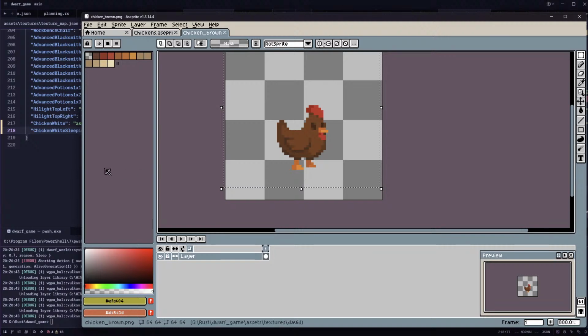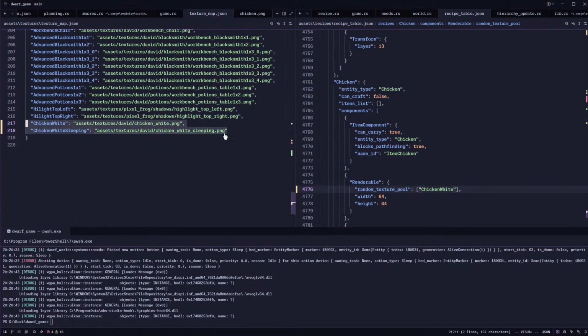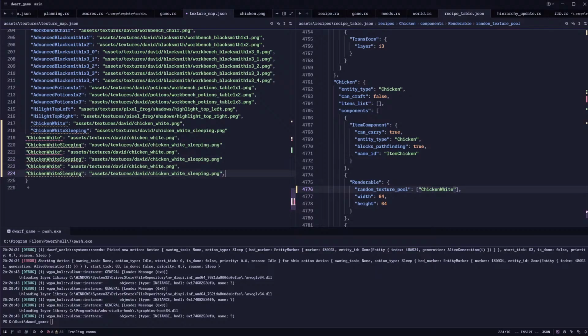Okay, cool. We have them all. So let's add the textures. Okay, this would be light brown, black,